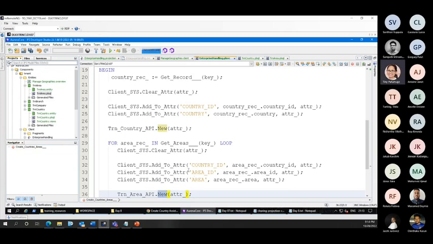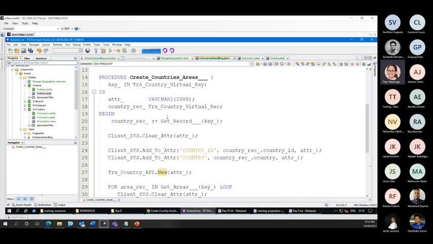But the thing is, now if I go on top of here, you can see that I'm creating a variable country rec with the type of trn country virtual rec. So this is something that we haven't declared in our code. We haven't created any kind of a record type in our code as trn country virtual rec. So where is this coming from then? If we haven't declared this kind of a record, or if we haven't declared anything, but still it's working